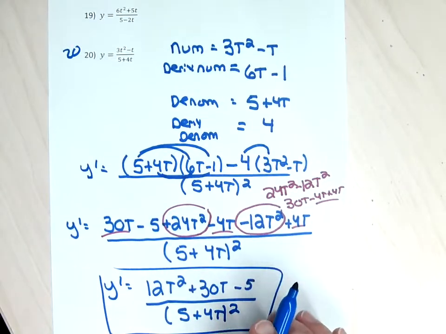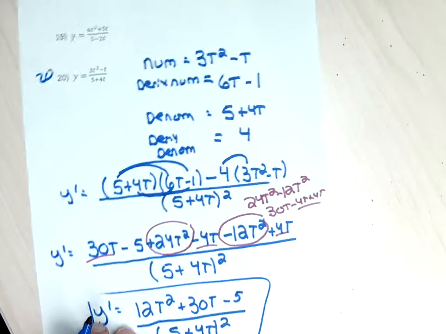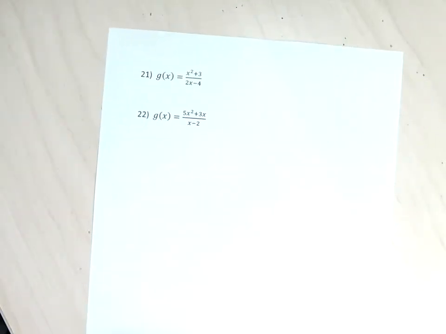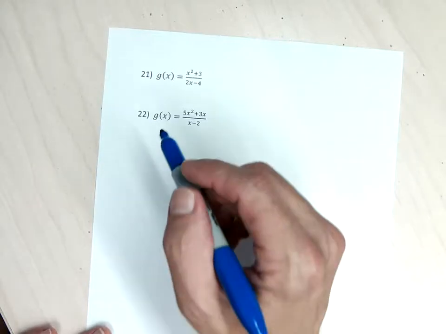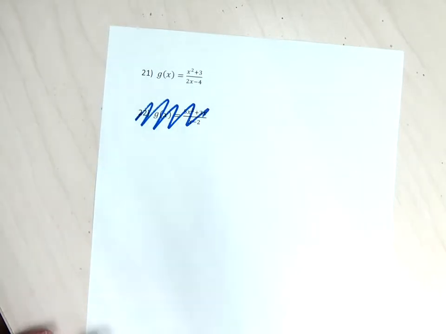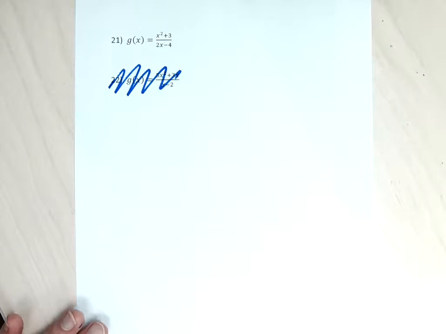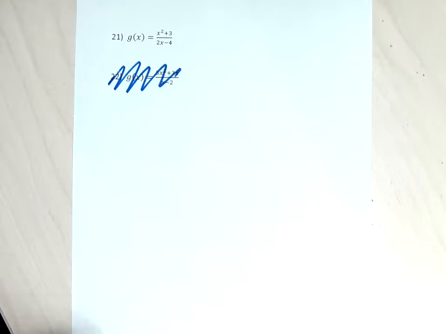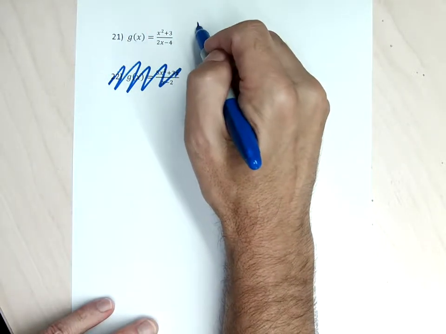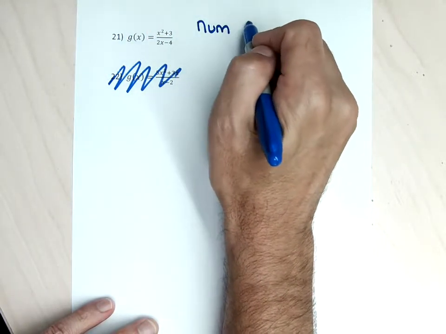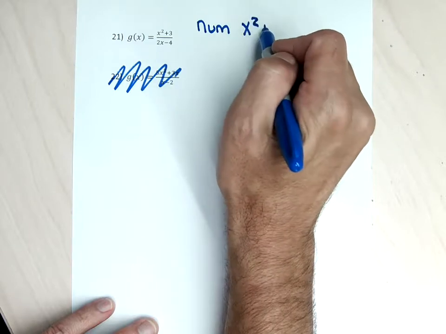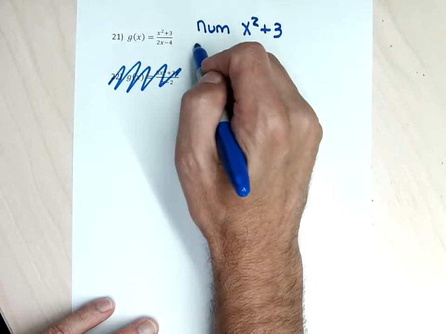19 should work very similarly. So let me do 21 just in case you're getting overwhelmed. If you're feeling good about 21, just do it and then pause the video, do it, and then watch me do it to see if you can match up with my work. So for problem 21, I'm going to do the numerator, which is x squared plus 3, and then the derivative